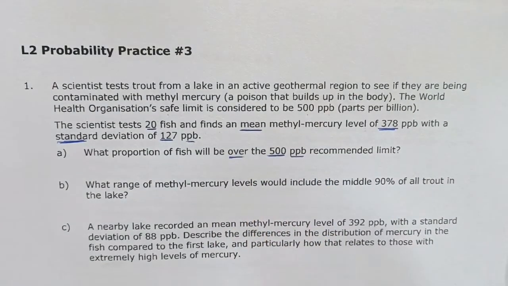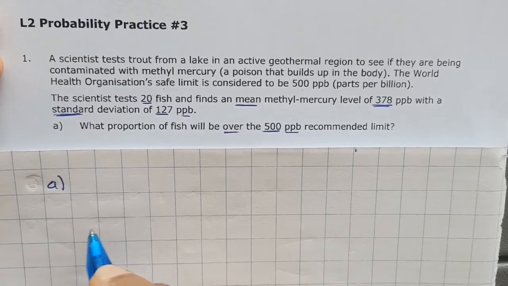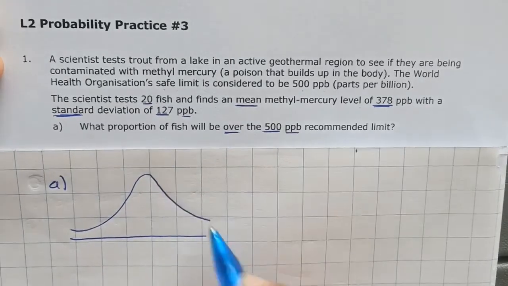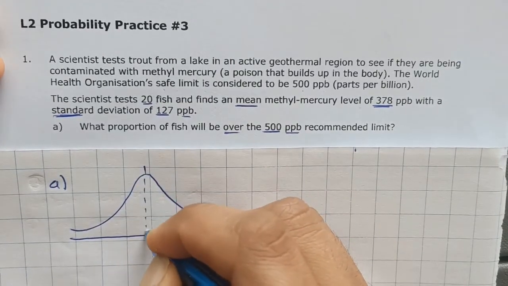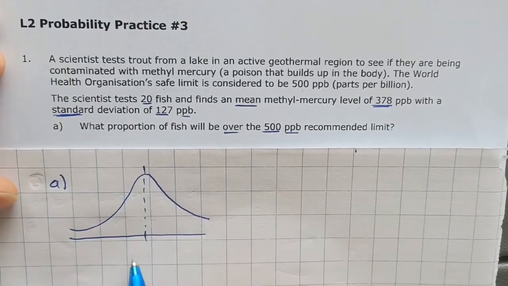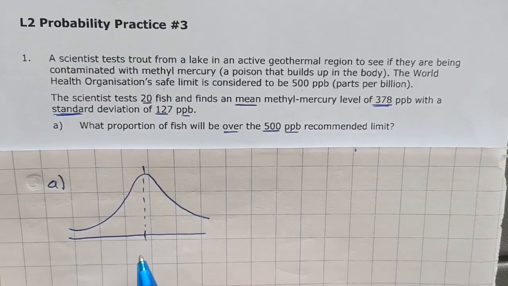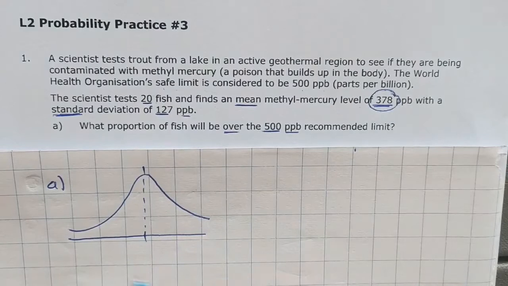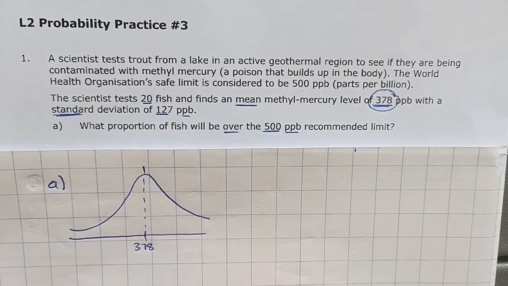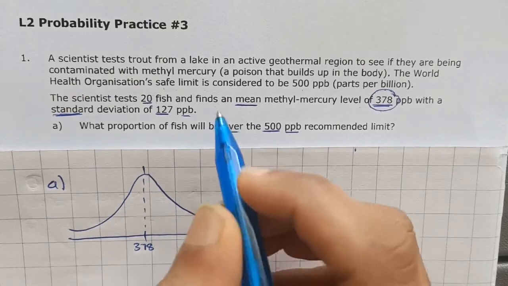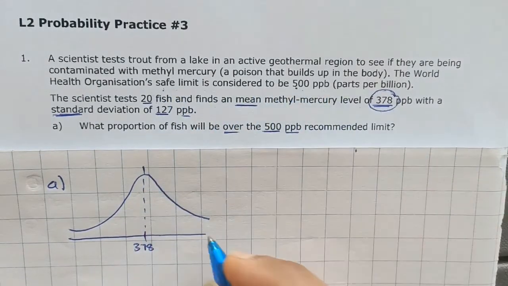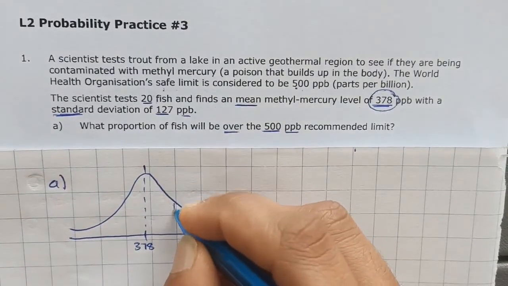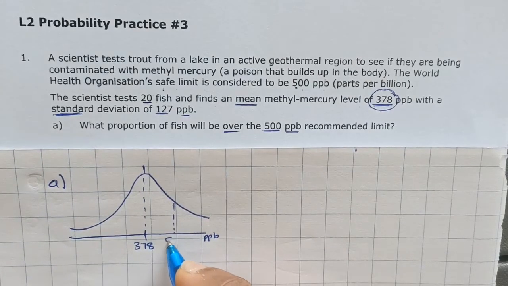500 ppb. So basically for this one here, what we have is a normal distribution. Let's quickly draw our normal distribution. Now we know that this is the mean and this is like a number line, and in this case we can see the mean was 378, right? So we take the 378 and we place it in the middle of our normal distribution. Then the safe limit is 500 ppb, so 500